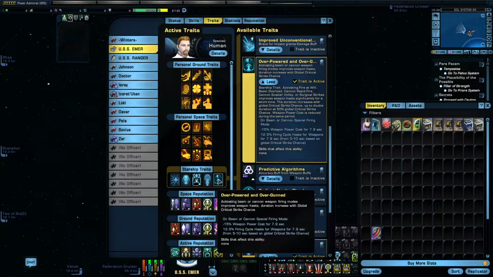Finally then, and I know I'm going to get flak over this, Overpowered and Overgunned, which comes from the legendary pilot warship, which is basically the legendary Defiant. Activating beam or cannon weapon firing modes improves weapon haste, with increased duration and global critical strike chance. This is a really, really good trait, and I said I'd put it on here, but look, here's the thing,